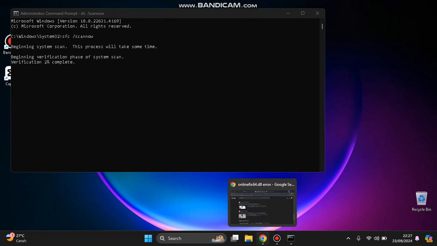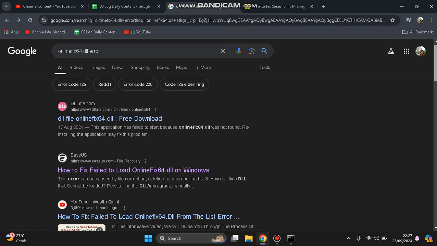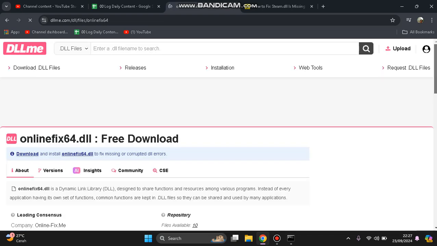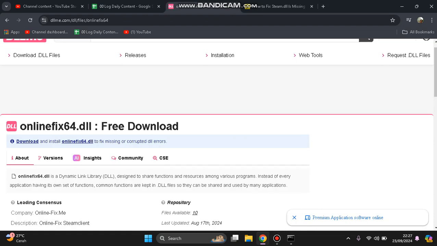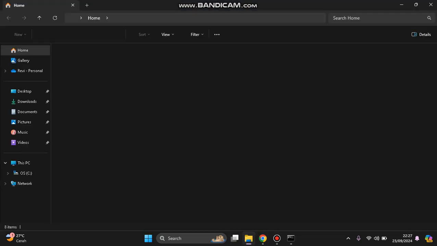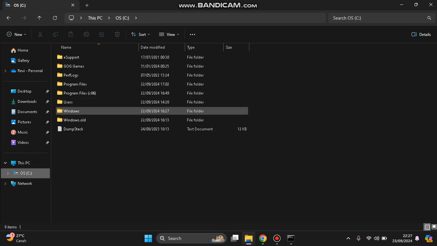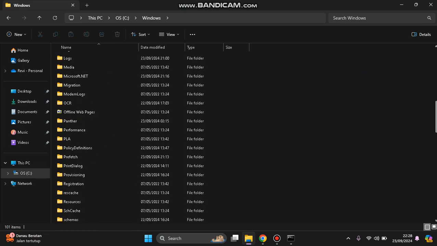So after that, if this solution does not work on your PC, this is the last resort. You can download the DLL manually, online fix 64.dll. After you download this file, you can put it into your game installation directory, and also you can put it on Windows, and you can try to search the system